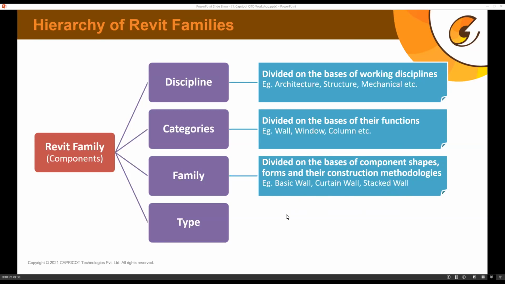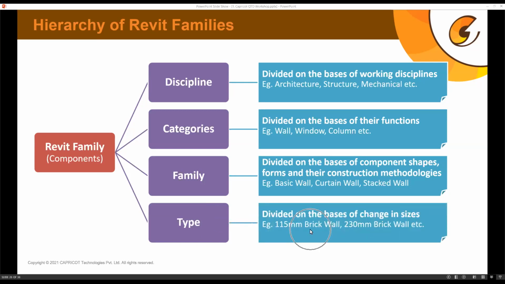Then, for example, I have an I section column and I've decided to place the I section family in my project, but floor to floor that I section might differ. Suppose from floor 1 to floor 2, the I section size is larger than from floor 2 to floor 3. So suppose over the height, the size of the column is changing. In that case, we can create different types of that column. Or in this case, I've taken the example of a wall. So these types are divided on the basis of changes in the sizes. Primarily, all types fall under the same family.